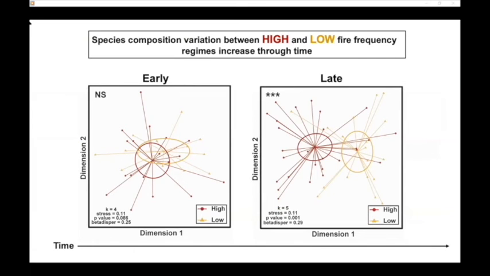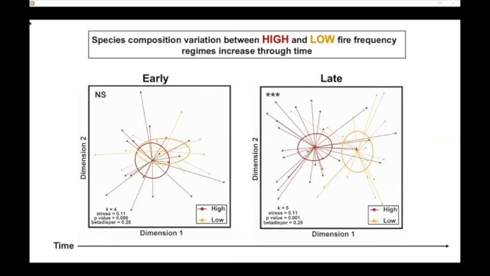There also appears to be an increase in species composition variation between high and low fire frequency plots. These ordinations represent the species compositions of the ant communities of different fire plots, shown as points. The red color represents high fire frequency regimes, whereas the yellow represents the low fire frequency regimes. And in these ordinations, overlapping ellipses mean that species compositions are similar, whereas non-overlapping ellipses indicate that fire regimes have